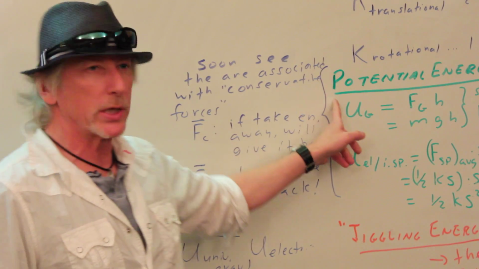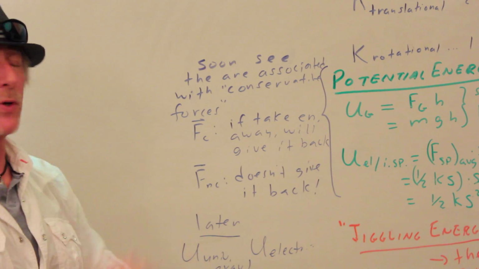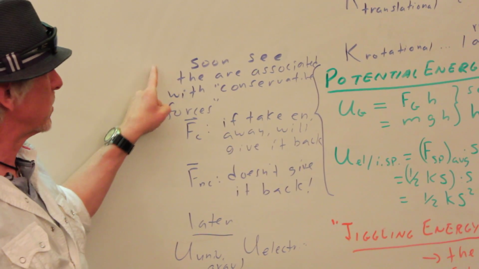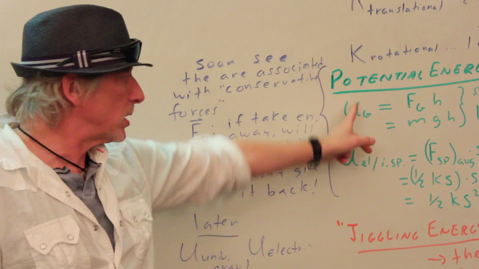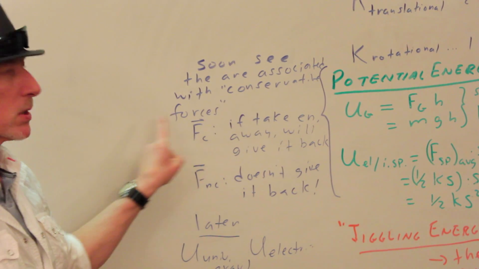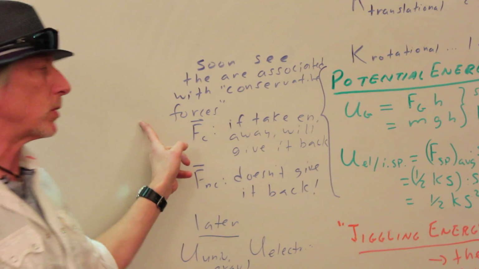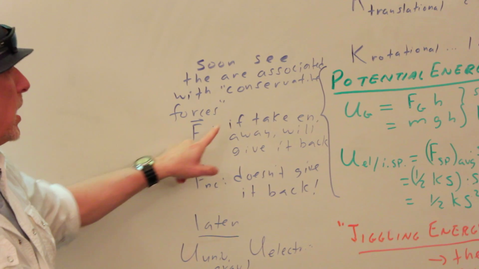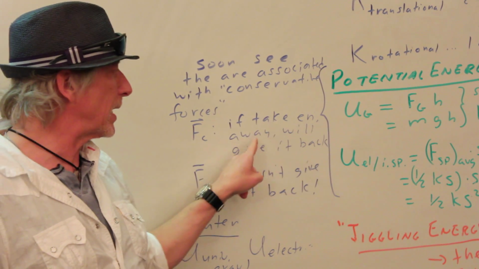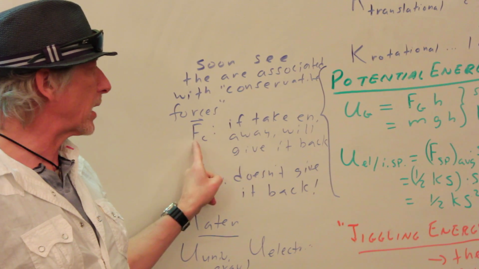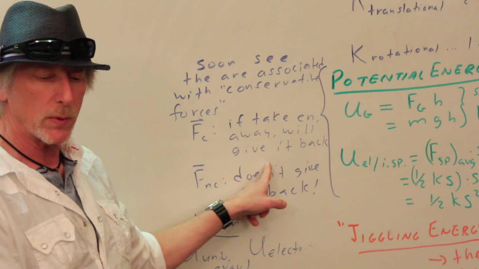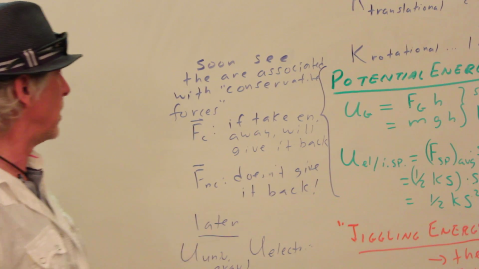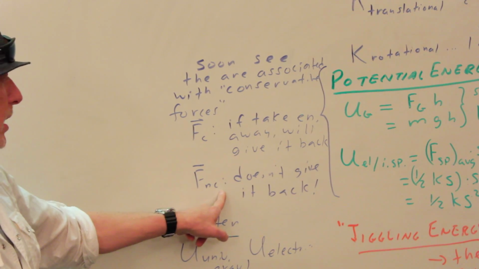Want to make a mention here for later because it's kind of a confusing abstract concept. Potential energy. We will soon see that potential energies are associated with what's called conservative force. Don't overthink it right now, we'll get to it. Conservative force, the introductory thinking of it is, if a conservative force takes energy away, then that conservative force will give it back. Right? Gravity. If it slows an object down, it'll speed it back up, if you let it, of course. A non-conservative force, NC, doesn't give it